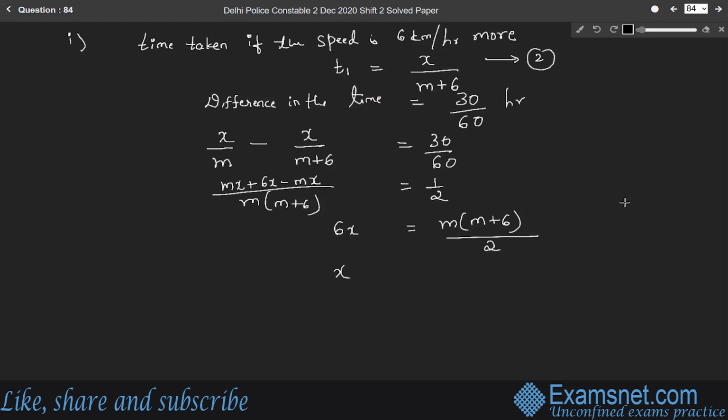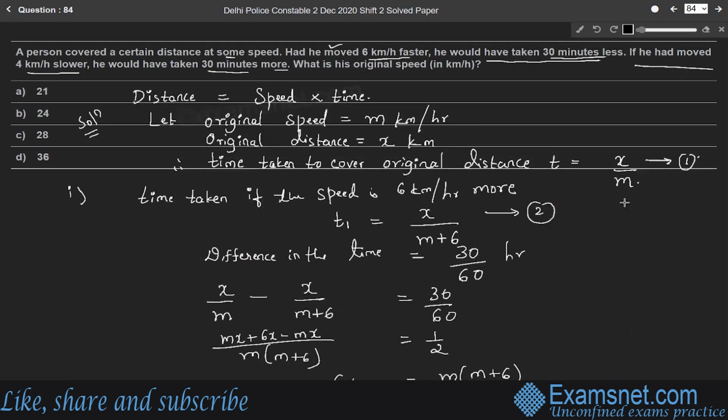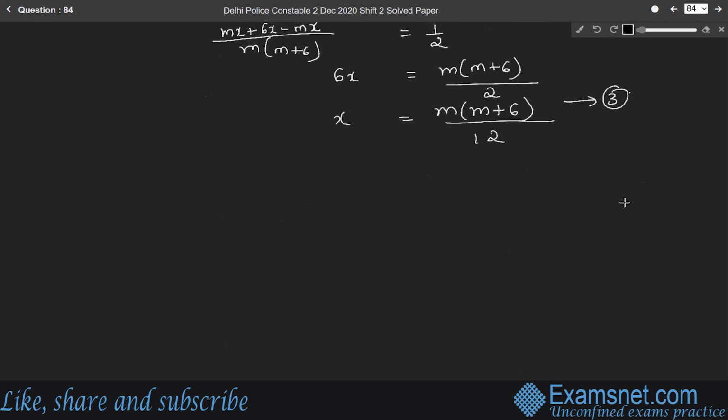Therefore, x is equal to, so what is x? Original distance is equal to m into m plus 6 divided by 12. Consider this as equation 3. So there is one more situation. If he had moved 4 km per hour slower, he would have taken 30 minutes more here. So in the next situation,